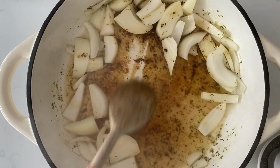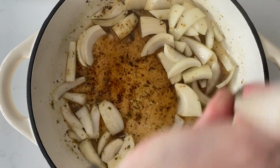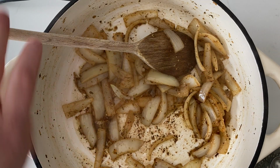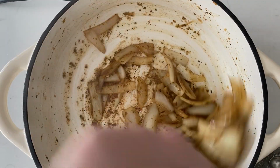As you can see, as the pan's starting to heat up again, all that lovely chicken marinade is starting to release, and that is going to add even more flavour to this dish. We're going to cook that for around about 5 minutes until the water's disappeared and the onions have just started to soften. And then we're going to go in with just a little bit more oil